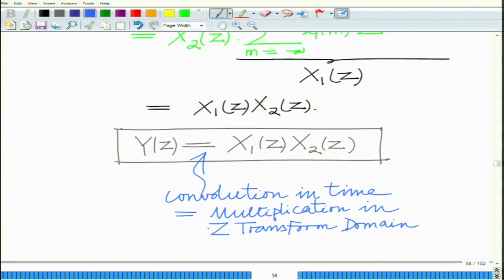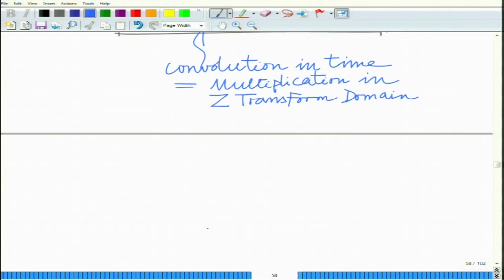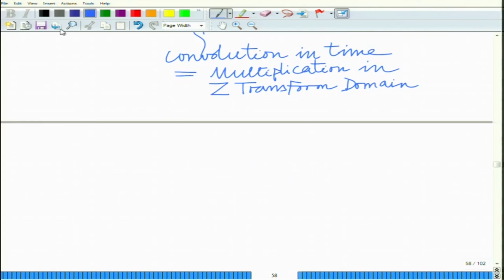Okay. So, when you convolve two signals, the z transform of the resulting signal is basically the multiplication of the z transforms of the signals being convolved. Let us now look at techniques to evaluate the inverse z transform, and